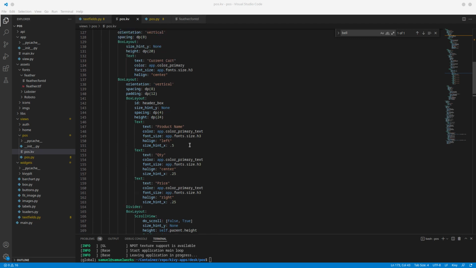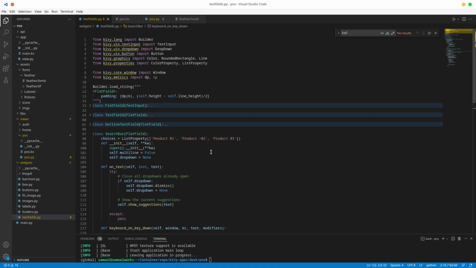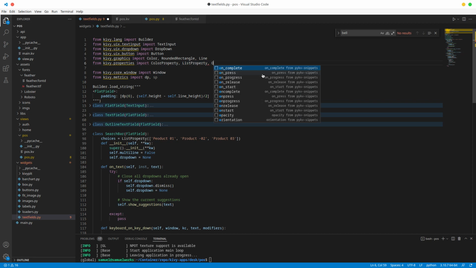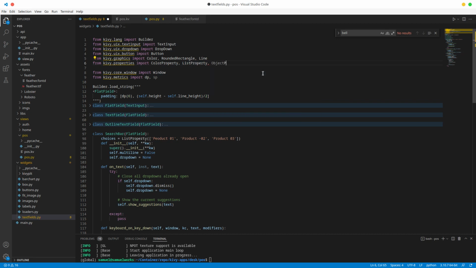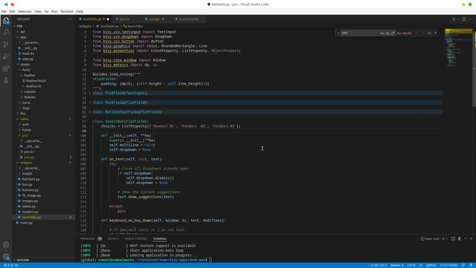Alright, so what we're gonna do is search. Actually, I'm gonna make this bar dynamic, right? What I mean by that is I don't want this search bar to always show that drop down, in case you wanna use it for whatever else you have in mind, right? So what I'm gonna do is I'm gonna do object property here, right? So this search bar is gonna take another property here, and this property is